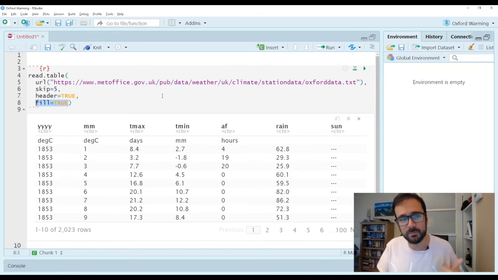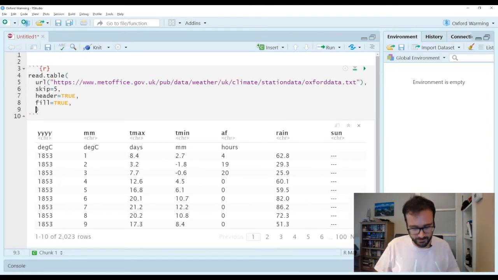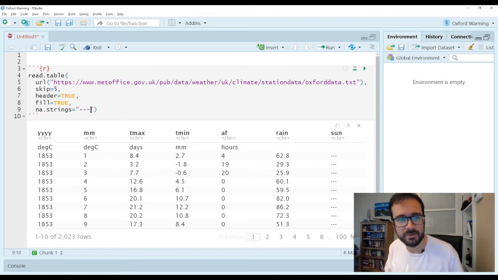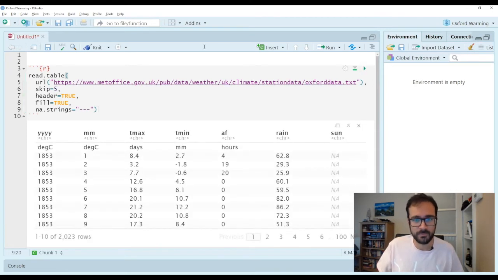But before I think about doing any of the functions, within read.table, I want to deal with these missing values because there's a nice argument here where I can say na.strings, and it's not dot, sorry, it's dash, dash, dash, getting my Morse code mixed up. This will now hopefully turn these dashes into missing values. Let's see. There we go. So now this is recognizing those dashes as NA values. So I think at this point I can read this in, and then I'll need to keep doing some more manipulations, because remember there's other issues in this data as well with those stars, possibly some hashes, and we've got this first row to deal with.